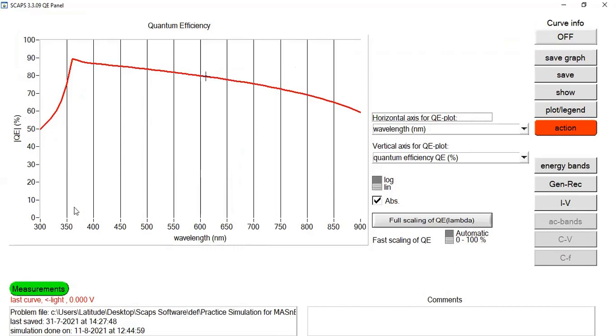When the wavelength of the incident light was about 350 to almost, you can see over here, 650, the quantum efficiency is a little bit higher than 50%. It is about 70, 80, and 90. So the highest quantum efficiency can be seen at a value of about 370 nanometer. So it is basically a graphical representation between quantum efficiency and the wavelength.